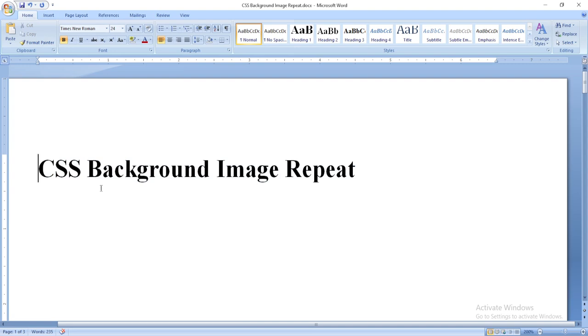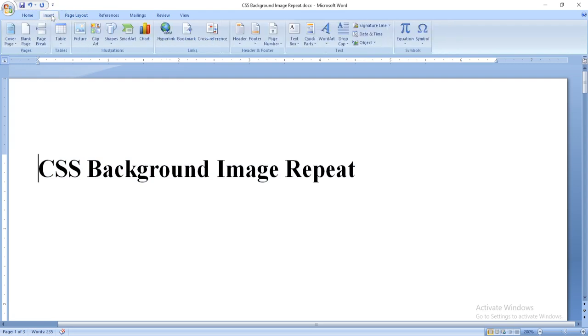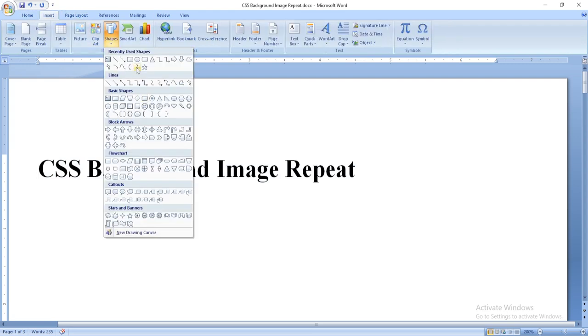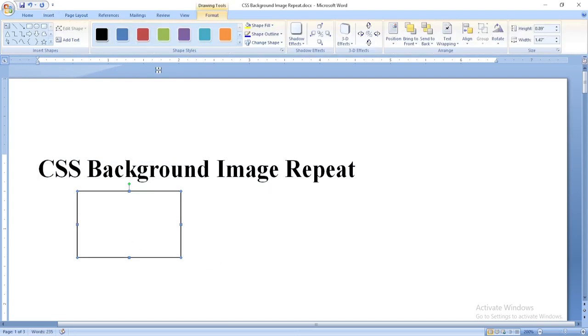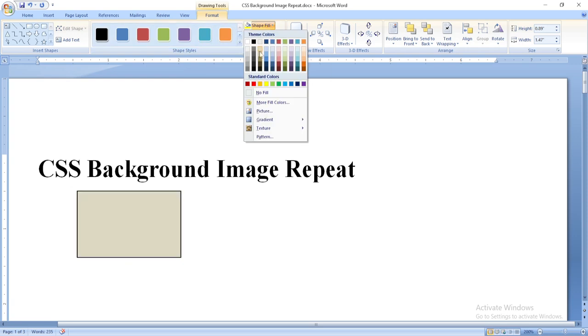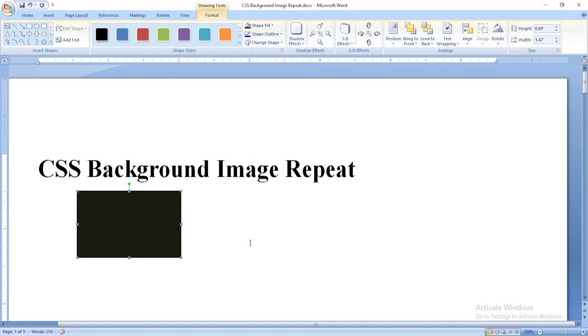Let's say for instance, how does it work? Let me quickly do something right here. Let's say we have this box. I just want to give it a color. Yes, let's say for instance we have this black box right here. When you specify the image repeat, if you specify the CSS background image repeat property, this image, when you use it in your background,